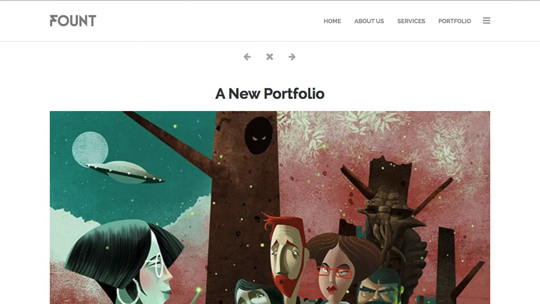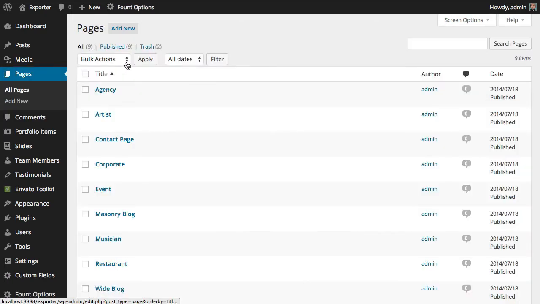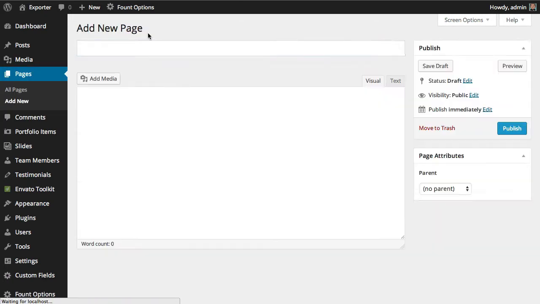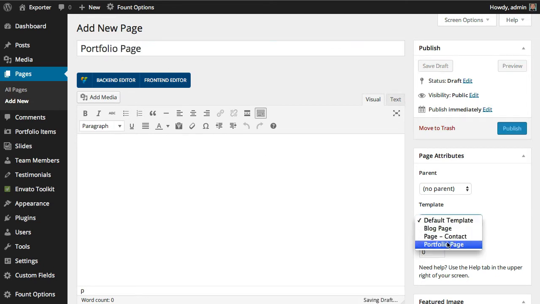Okay, so after creating a post, you will certainly want a page to display that post and the other portfolio posts. So you can create a specific portfolio page for this. This is the first way to do it, and this is not being used on the single page websites, but you can create a portfolio page and select here the template on the right side,